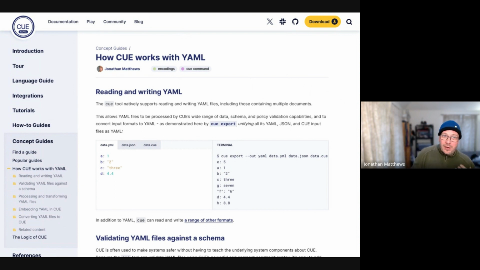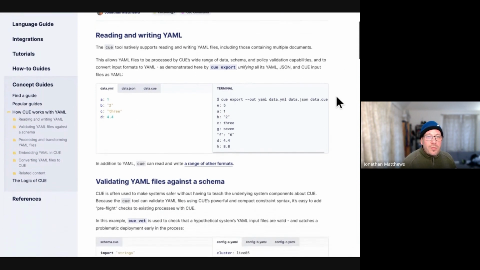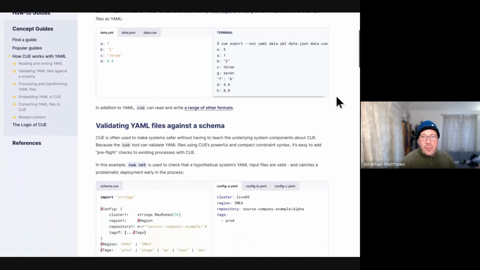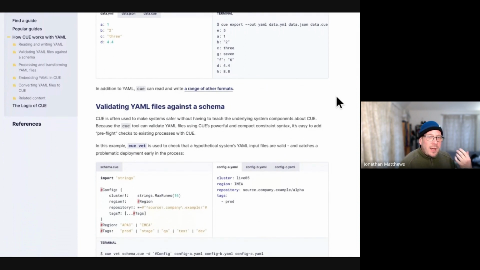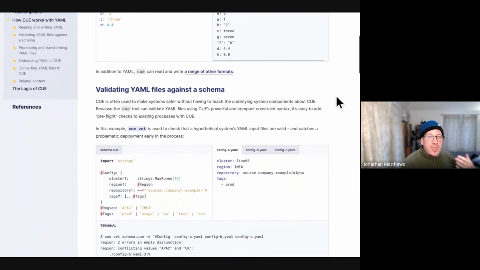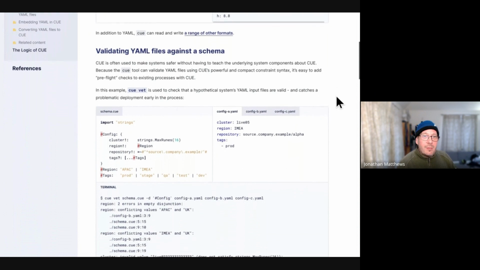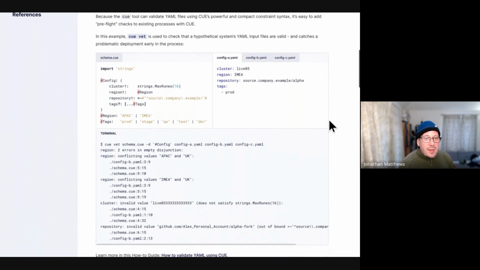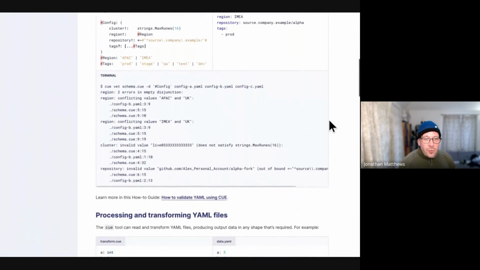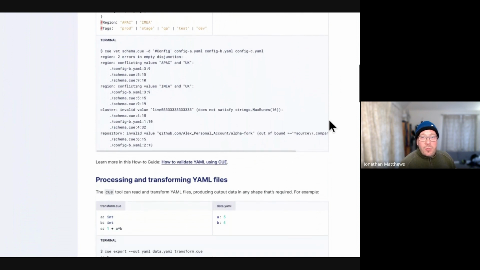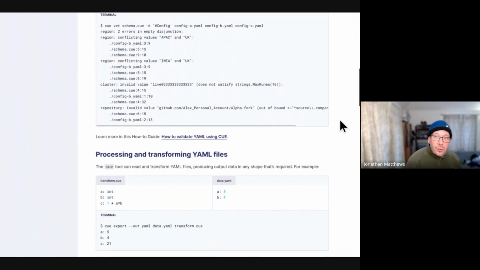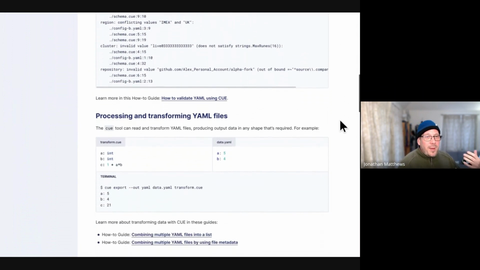So we've put together at the moment a couple of pages to give a holistic, rounded view of how Q works with YAML, put one together with JSON, and we've got other ones planned for the other integrations. Whilst the actual tasks, like you can see here, validating YAML files against a schema, transforming YAML files, are dealt with in more detail elsewhere on qlang.org,